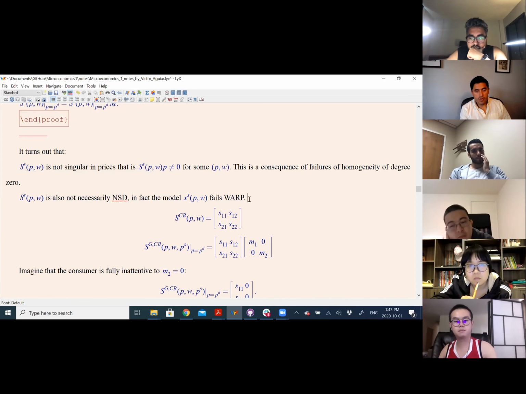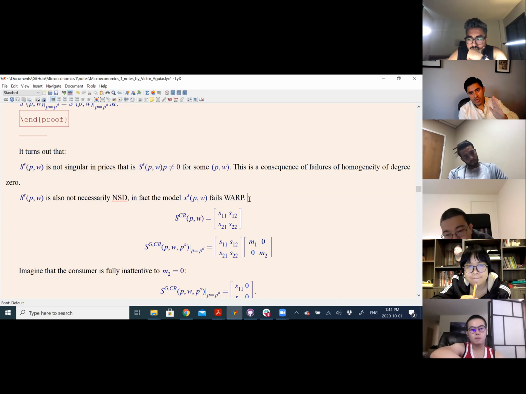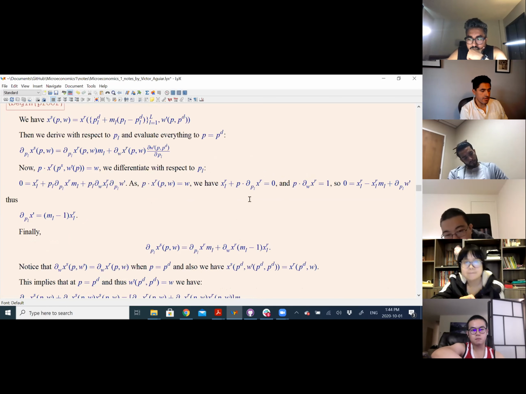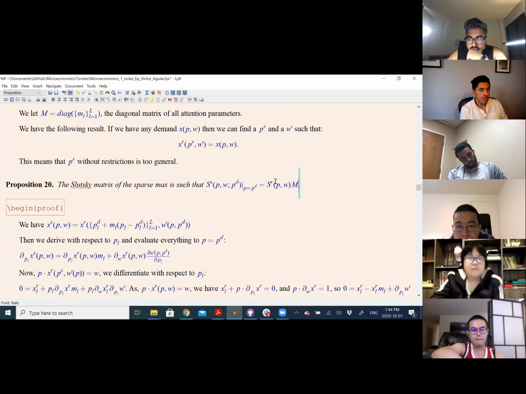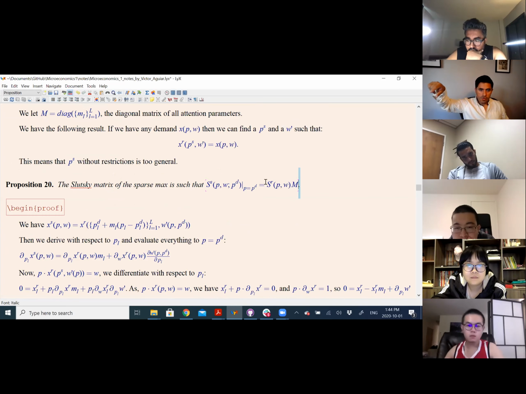So in general, this model is not rational, but at the same time, it's not anything goes. It's a particular model that deviates from rationality in a very specific way. If you see this Slutsky matrix, it deviates with this perturbation, which is this M. When M is equal to 1, you're rational. But when M is not equal to 1, then the behavior is richer, right? You got a lot more stuff.